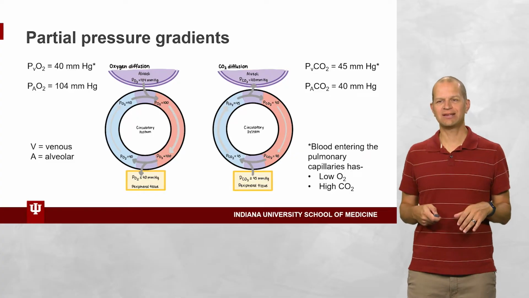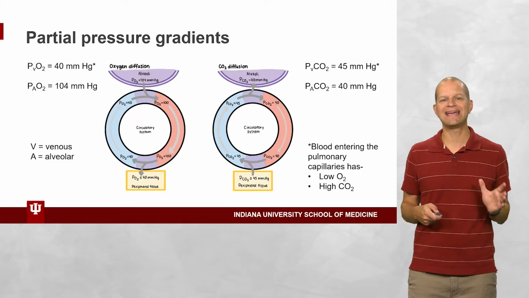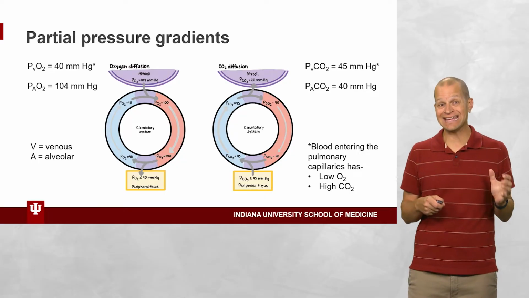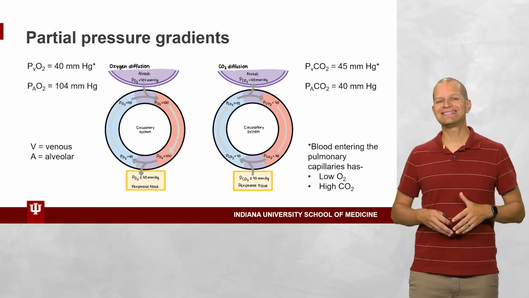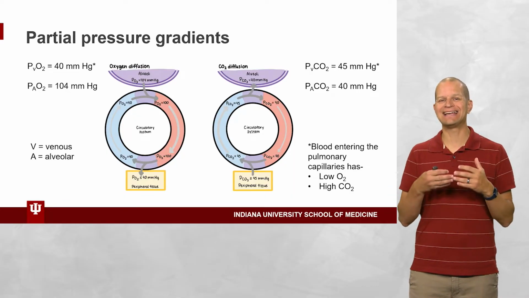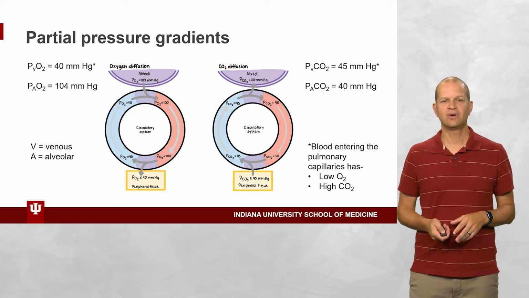Now, I also want to be clear here that when we talk about blood entering into the pulmonary capillary, it's actually coming from a pulmonary artery. Okay, but we consider this venous blood because it has low oxygen. So as you can see,